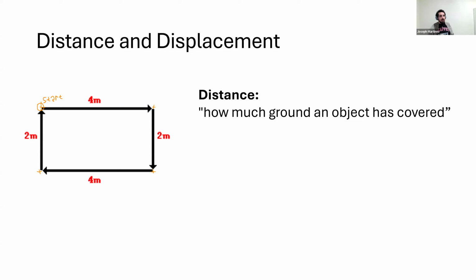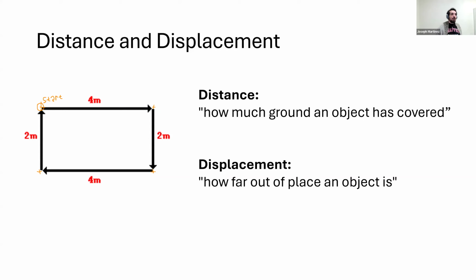Distance is not always the thing we talk about in physics, though, because often what we care about is displacement. We don't always care about the exact path an object takes. What we care about is how far out of place that object is, or how far away from its initial position it might be, or some variation on that. So with displacement, we're asking the question, how far out of place is the object? And this introduces some